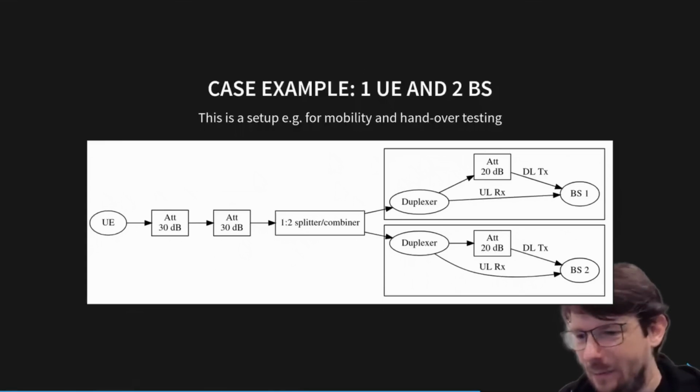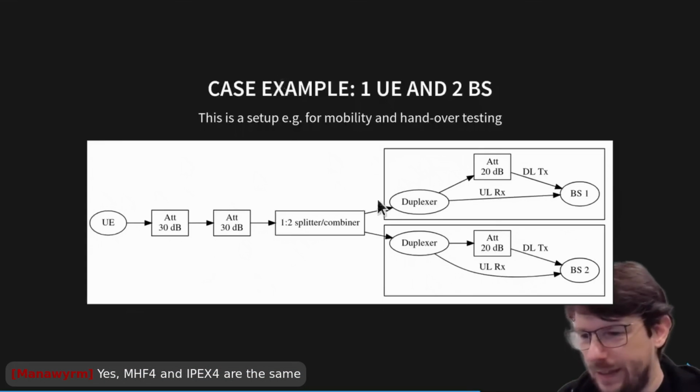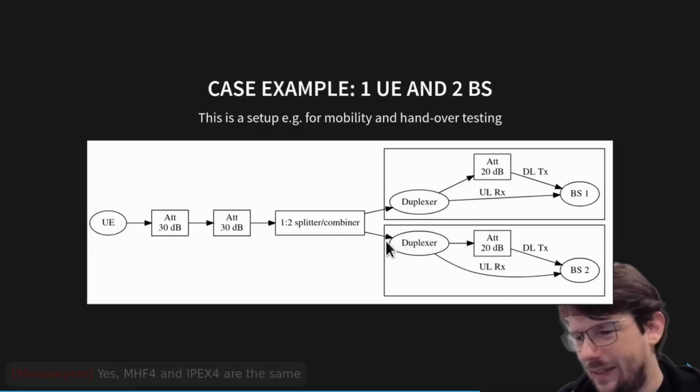In any case, this kind of setup, as it says here, is basically for mobility or handover testing. We have a single UE and it has 2 base stations. Now we can do handover mobility between those 2. If we really want to automate such a setup and we cannot dynamically adjust the transmit power here or